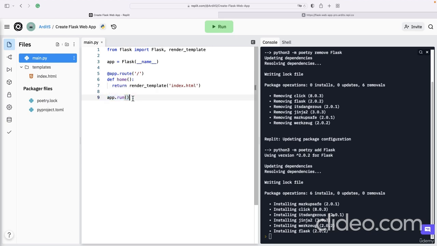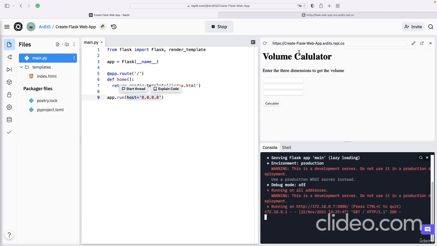But if you are using Replit, you need to change the host to a string, which is 0.0.0.0. So you don't have to add this if you are on a local computer. But Replit is a bit special, so it has to serve the application in this host IP address. Now I can run this,